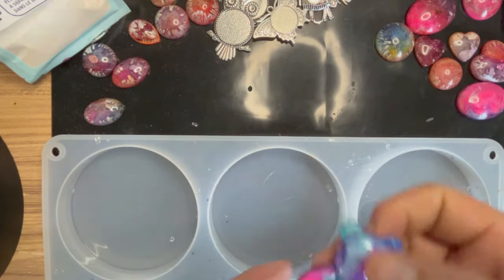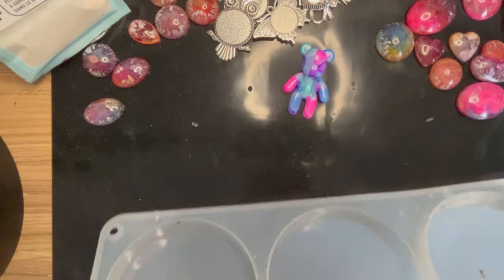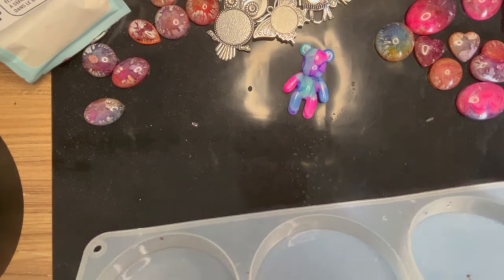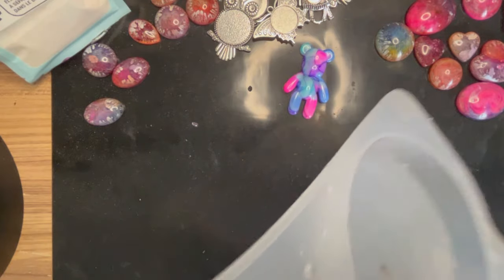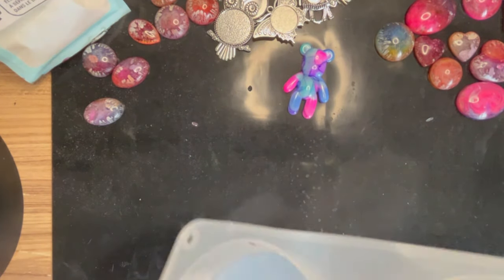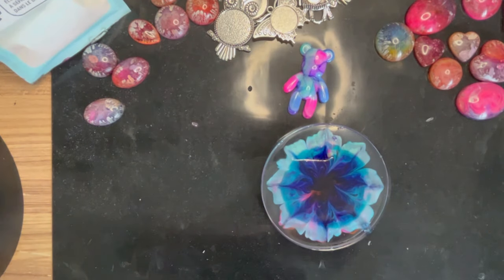And now for the big one. Now I'm going to be really careful because I know it's only been like sort of 10 to 12 hours, but I think if I'm careful I can demold. So again, be patient at home. Don't do what I do. Yeah, so we've got it demolded,